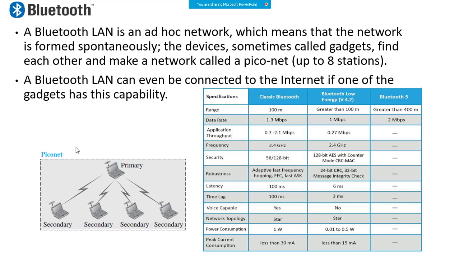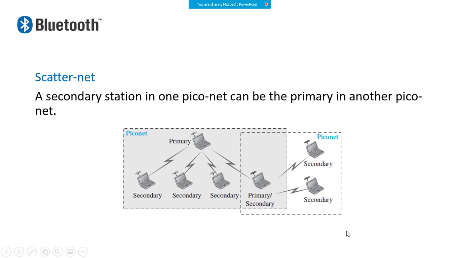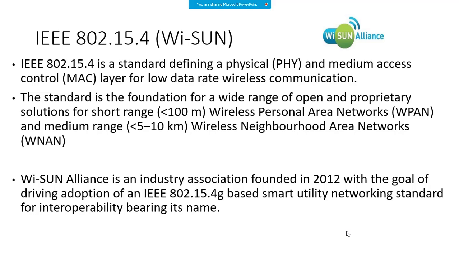And we did a great comparison between classical Bluetooth, Bluetooth low energy and Bluetooth 5, and I have clearly explained the kind of latency that has been obtained with Bluetooth low energy, right? And the power consumption, very important here. Like you can see in Bluetooth classic, we want to have 1 watt of power, whereas it's in the range of 0.01 to 0.5 watt, right? So that's very low power consumption that we are getting with BLE. And we discussed the scatternet and everything,